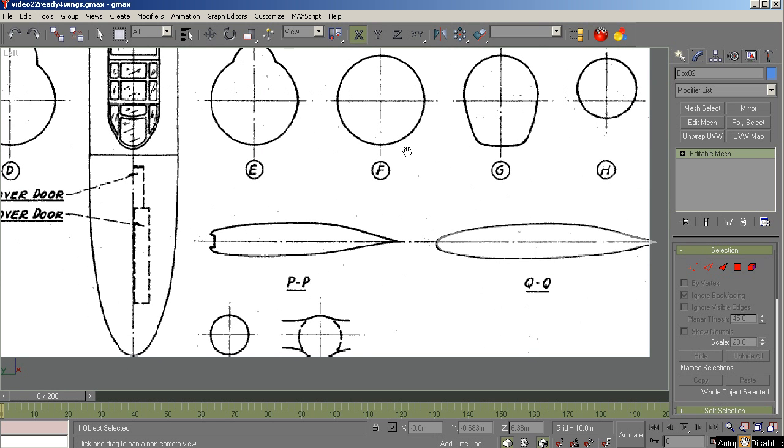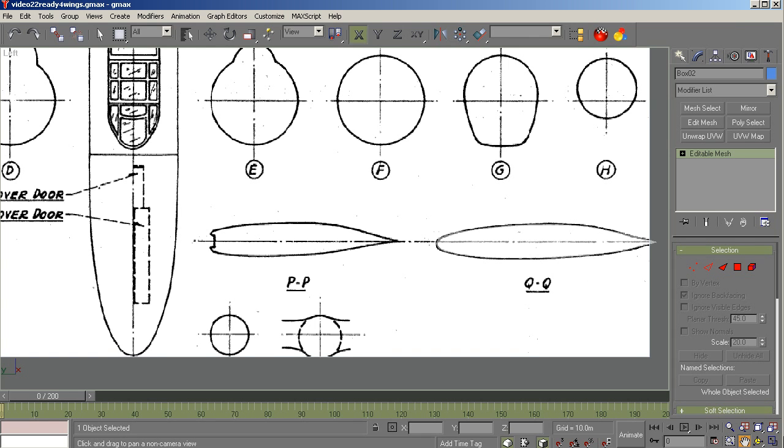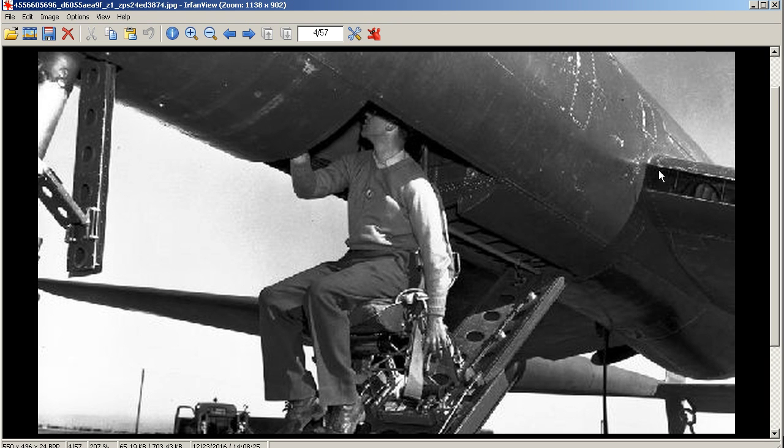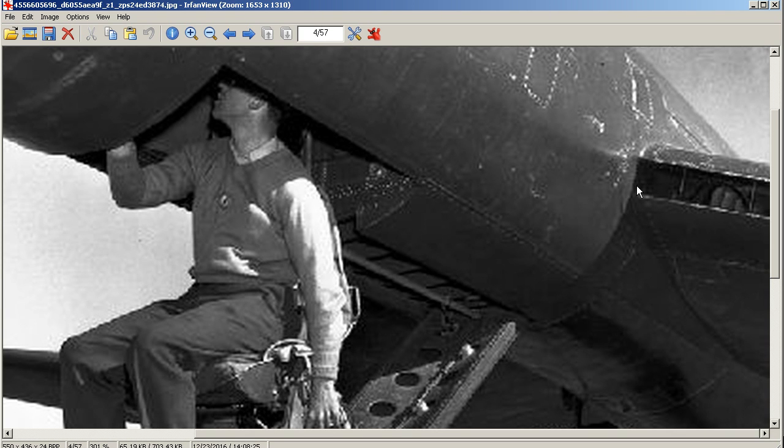Well, not to be argumentative, but if we go take a look at the pictures of the real-world aircraft, you'll see that this air intake goes all the way to the fuselage. It doesn't butt up against a fillet or fairing that goes up to the wing. I have another picture of that here. Much better picture. If we zoom in here, you can see that fillet, that air intake goes all the way